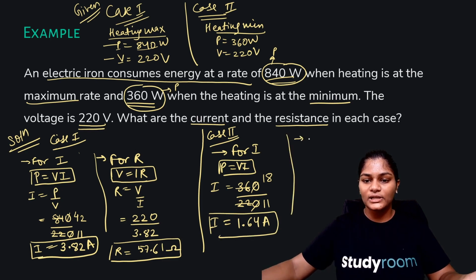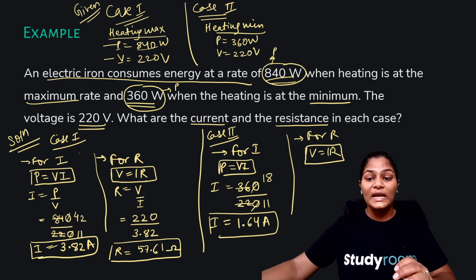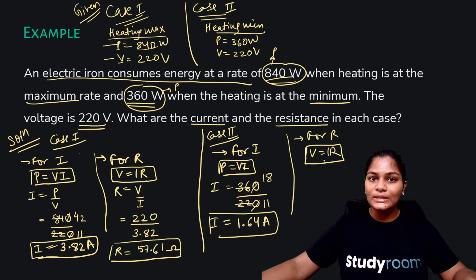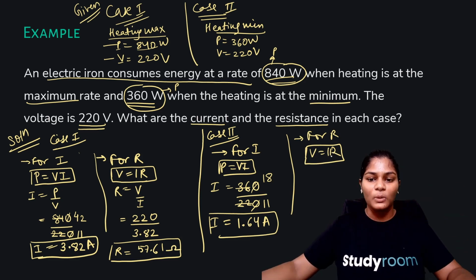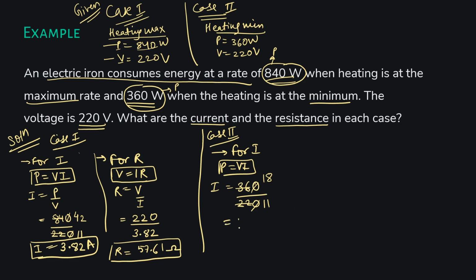Similarly, when we calculate for R, we use V equal to IR. Whenever you write V equal to IR, please write using Ohm's law V equal to IR. Get in the habit of writing all the sentences and all the statements that are required. Okay. So V equal to IR. So R is nothing but V upon I, which is equal to 220 upon 1.64. And I have done my division here. It comes out to be